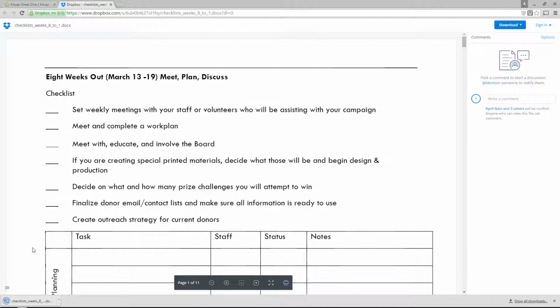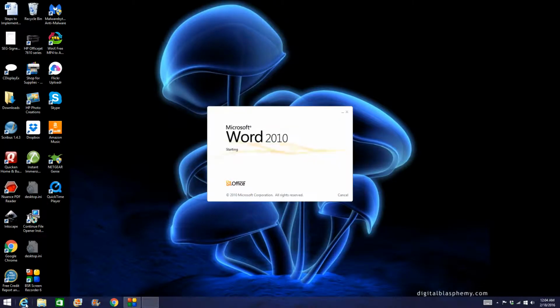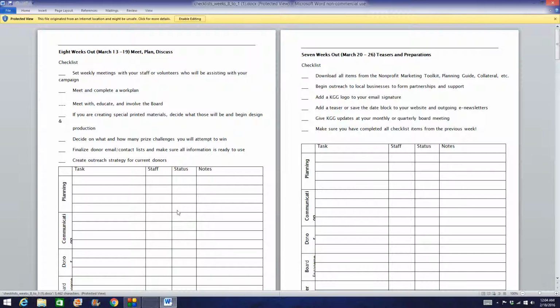Boop, and there it is, right down here. So I've gone up from up here to download. There it is, downloaded onto my computer. So then you just click it, and it's going to open up. I need to get a new version of Word. Enable your editing,